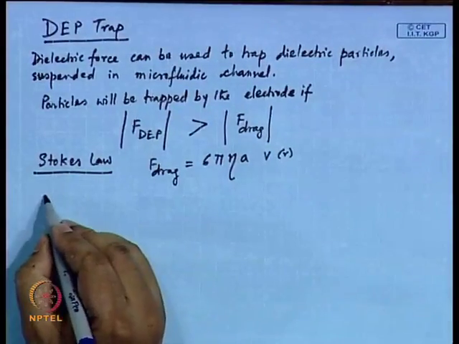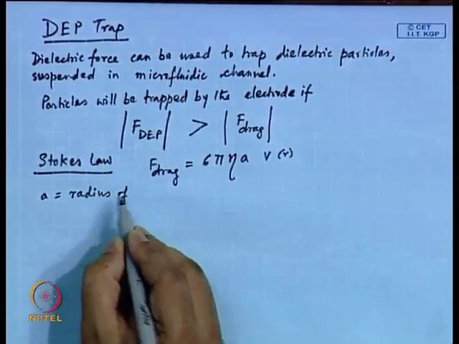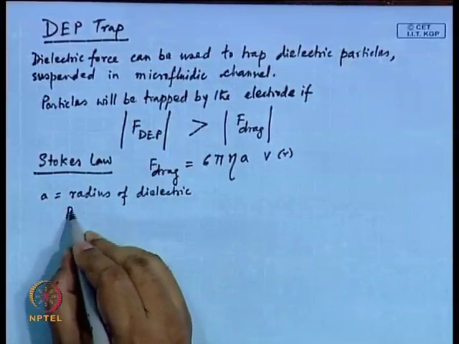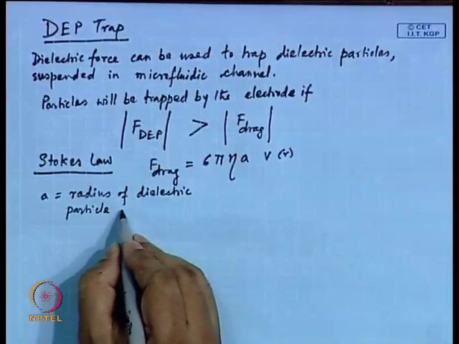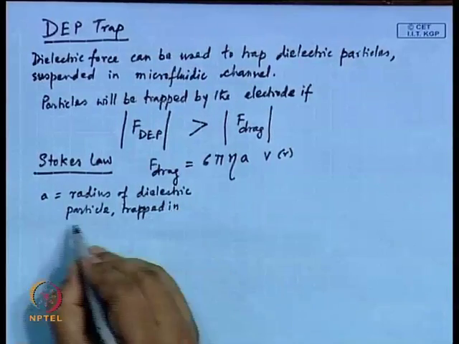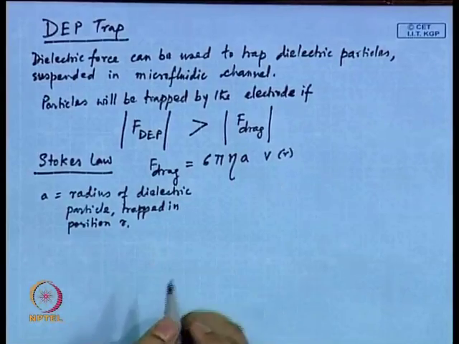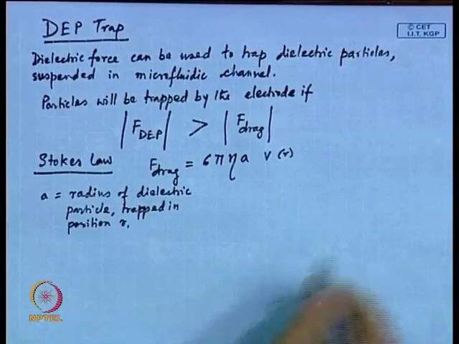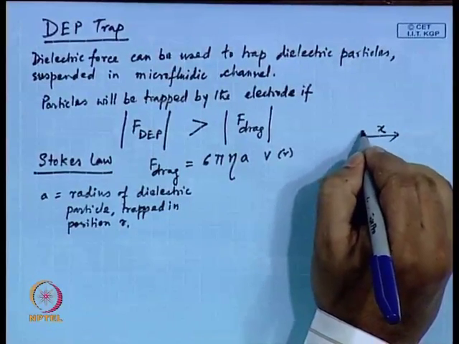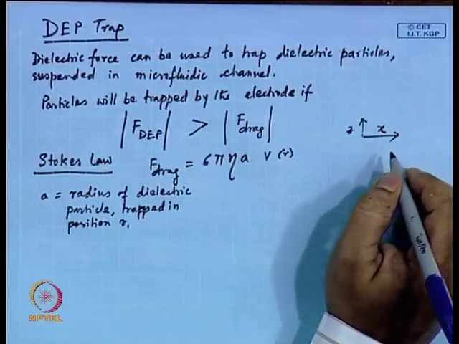So probably we need to note here a is equal to the radius of the dielectric particle trapped in position r, and what is v? V is, if this direction is x and if this is z, we are talking about